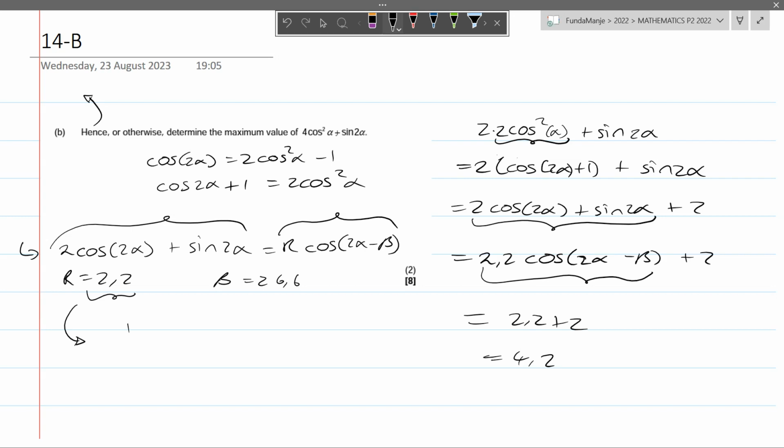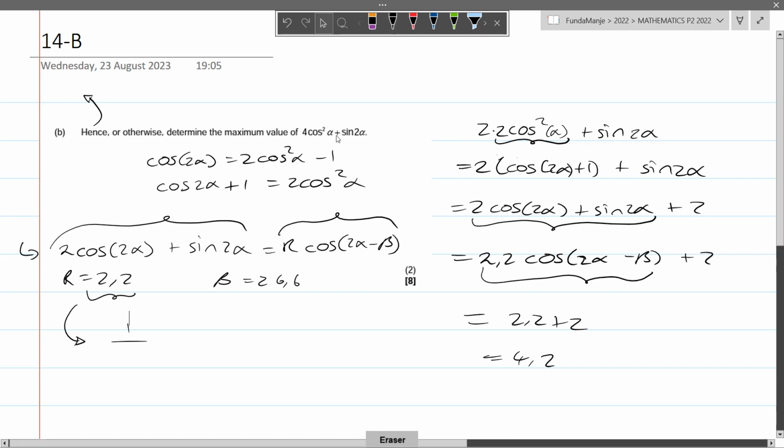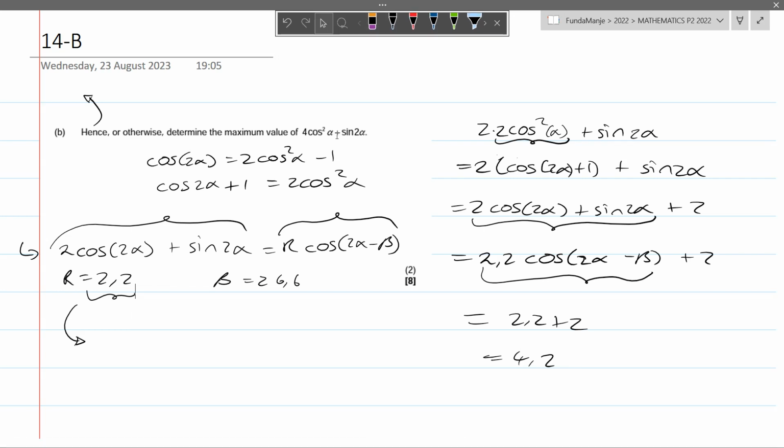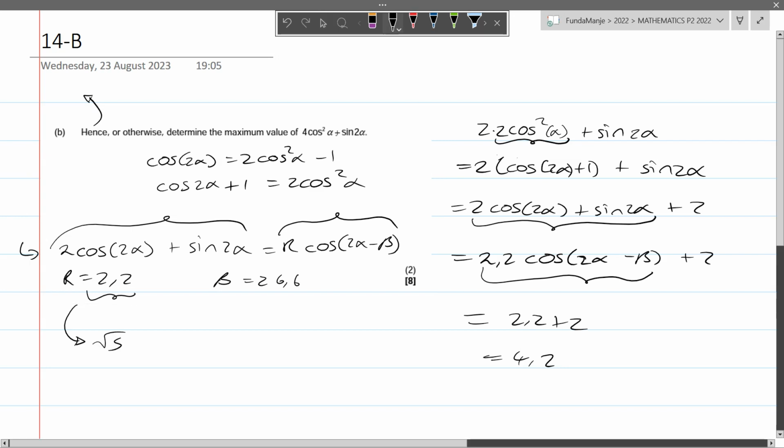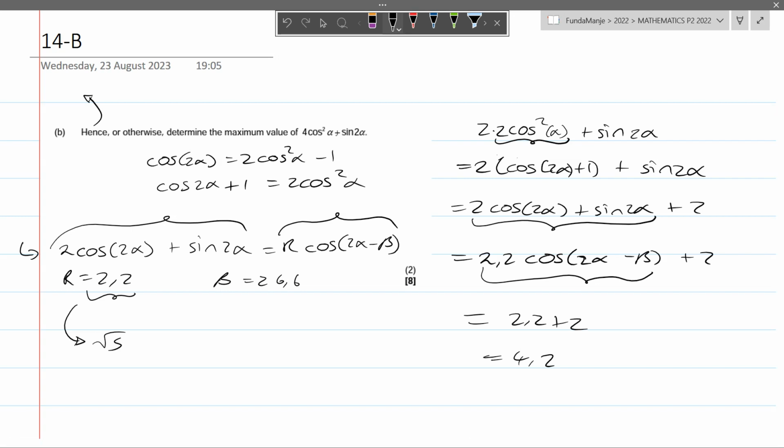Where you had 1 over sine of 26.6, make sure you use as many decimal places as you can, so that you can ensure accuracy, because if you use more decimal points, you'll see that this was actually supposed to be root 5, and if you put root 5 on your calculator, you find that you get 2.236, which is roughly the same thing,